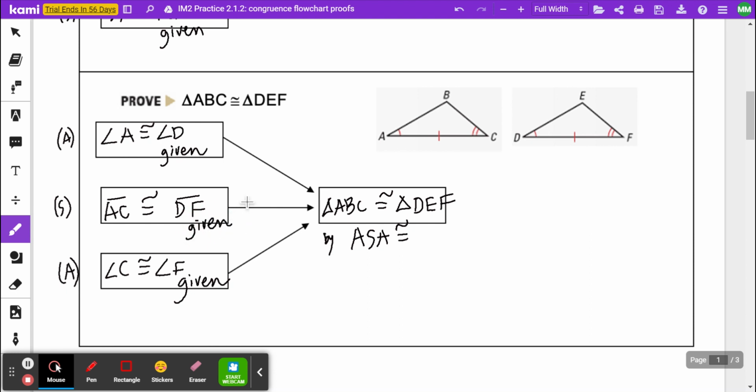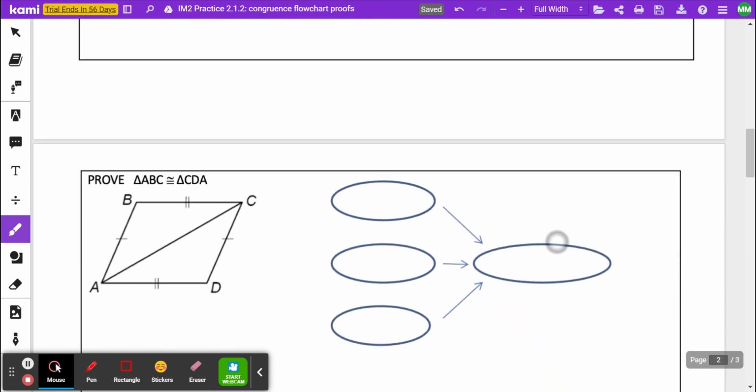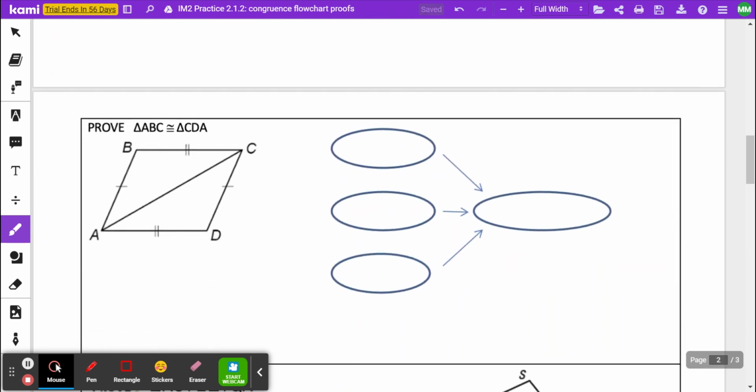Great. Let's see what to do when you have to use justifications that are not immediately apparent. Here we have two triangles. Okay, I can see that they have three congruent sides, so I know I'm going to be using side, side, side congruence. Let's write our congruent statements. Triangle ABC is congruent to triangle